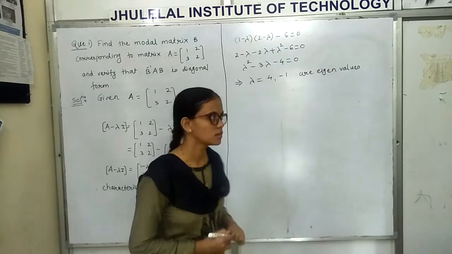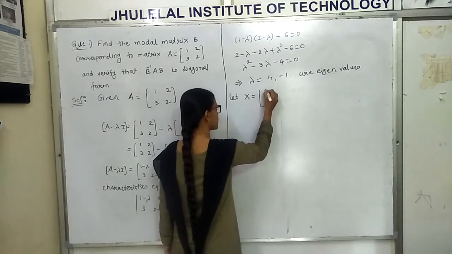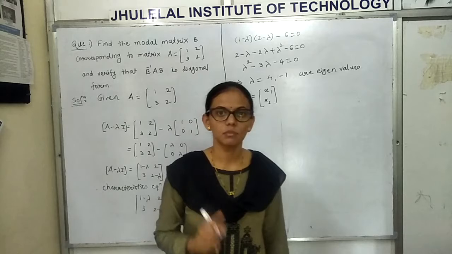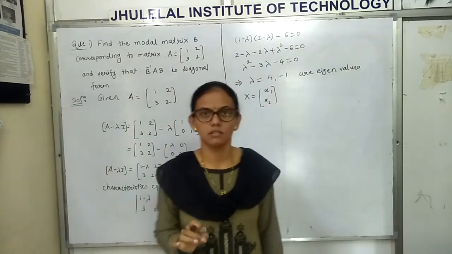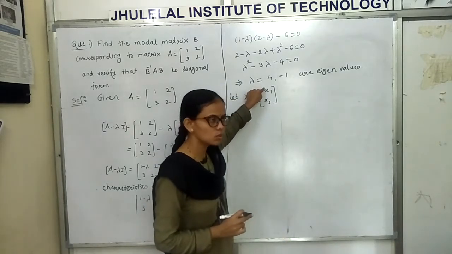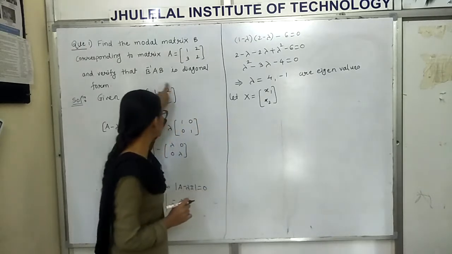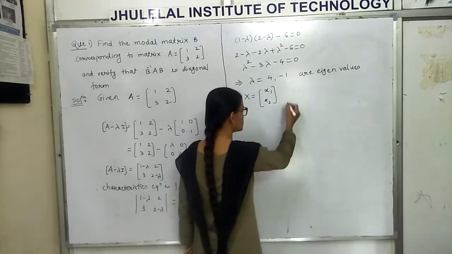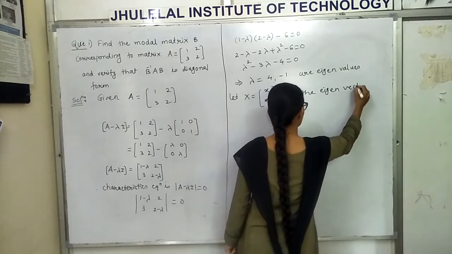For that, we have to suppose the vector as x1, x2. Why have I taken this x1, x2? Because the matrix is of order 2 by 2. If the matrix is of order 3 by 3, then the vector will be x1, x2, x3. Okay? So in this case, the order is 2 by 2. That's why I have taken capital X with only x1, x2, as the eigenvector such that,